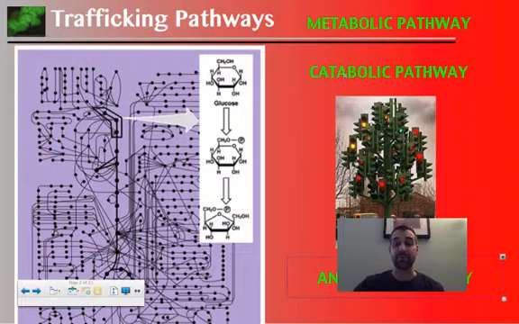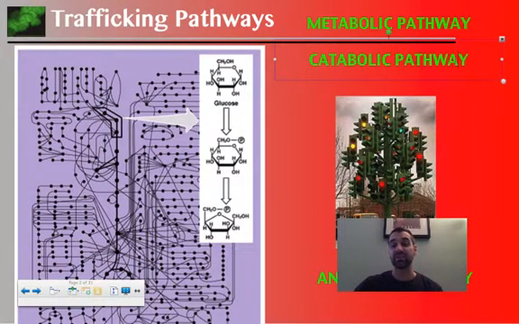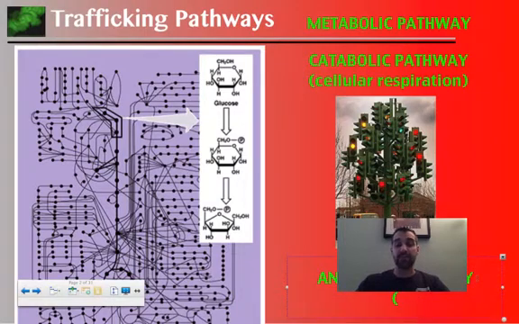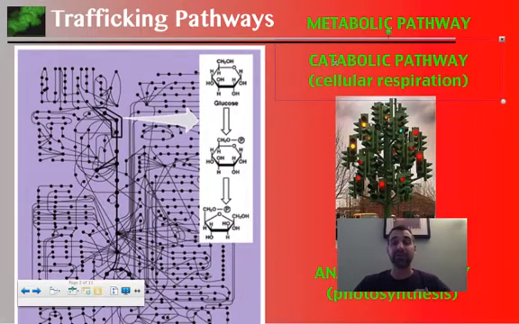The best example for a catabolic pathway, can anyone think of what it might be? The best example of a catabolic pathway is going to be cellular respiration, us breaking down glucose. And then the best anabolic pathway that you might think of in nature is going to be, hopefully you're thinking photosynthesis, or the process of generating or building glucose. So of course these are glucose-specific pathways, but anytime that we're breaking down any biomolecule, it's catabolic. Anytime that we are building up or making any biomolecule, it is going to be anabolic.